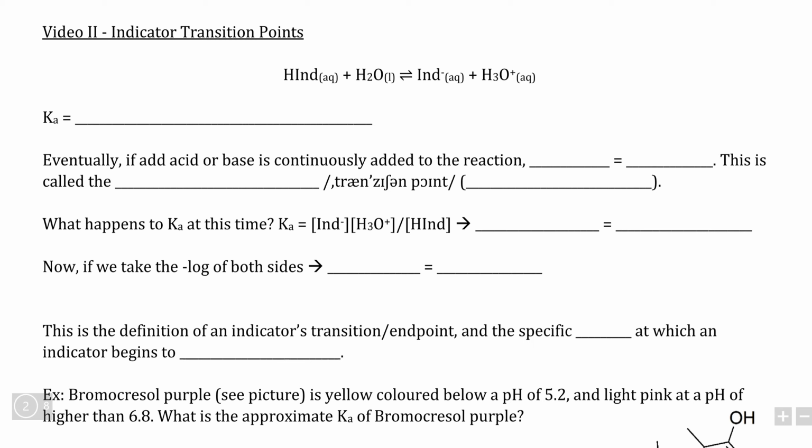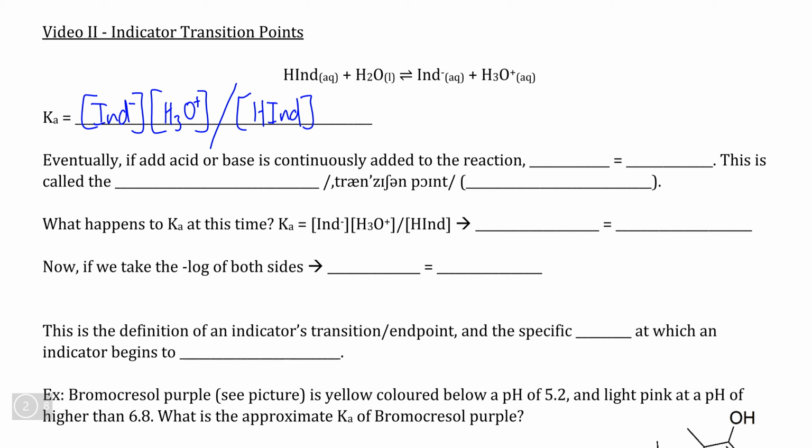In this video, we're going to be learning about an important concept in acid-base equilibria that can not just help our understanding of pH indicators, but also other applications of acid-base equilibrium. We start by considering this hypothetical pH indicator and its ionization reaction. We can write the Ka for this, which looks like the Ka of any other acid ionization, where we have the concentration of the base form of the indicator times the concentration of H3O+